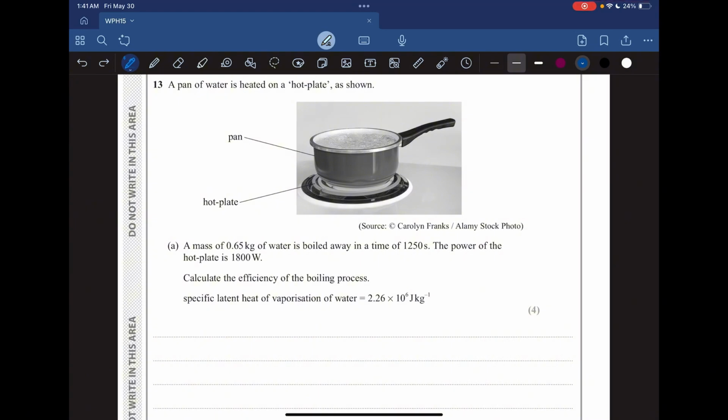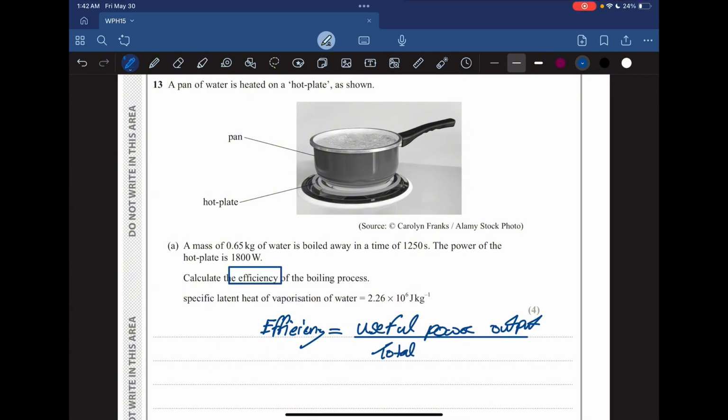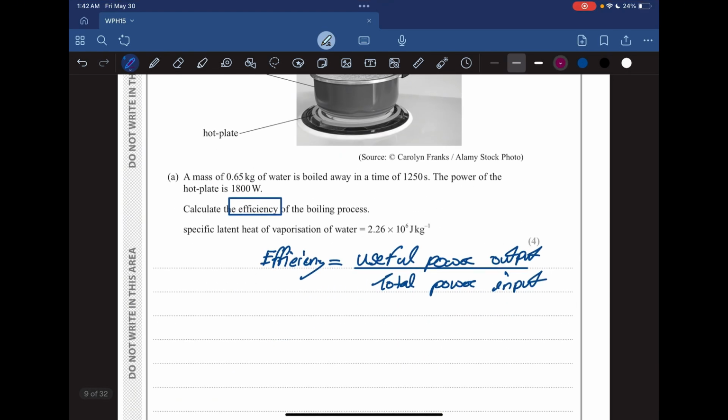So basically they have asked us to calculate the efficiency, and we know the formula of efficiency is useful power output divided by total power input, right? This is a very important formula, that efficiency is equal to useful power output divided by total power input. Now here the total power input is the power of the hot plate,